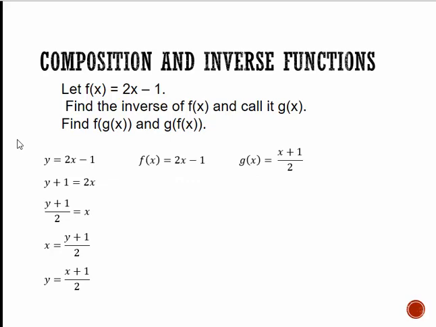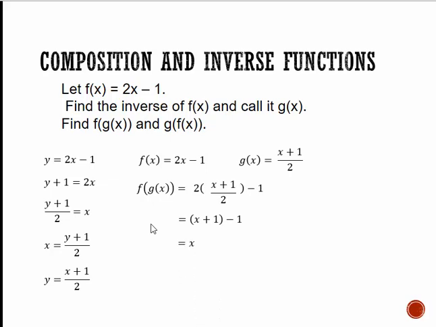So we've got our 2 functions here, f is 2x minus 1, and g is (x plus 1) over 2, which, if I did everything correctly, is the inverse of f. And we'll see that it is when we do composition because of what happens. So if we do f of g, we would take f's formula, 2x minus 1, take the variable out, and plug in g's entire formula, (x plus 1) over 2, and then look at what happens. You're multiplying. You can think of this as 2 over 1 if it helps. So we've got a 2 on top, 2 on the bottom. They're going to cancel. And we're left with x plus 1 minus 1, which, when we drop those parentheses, is